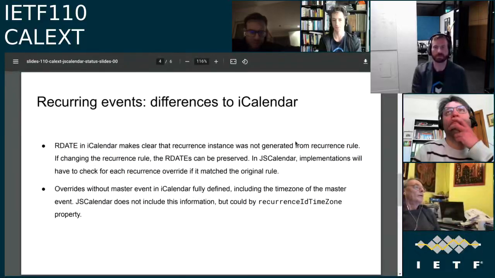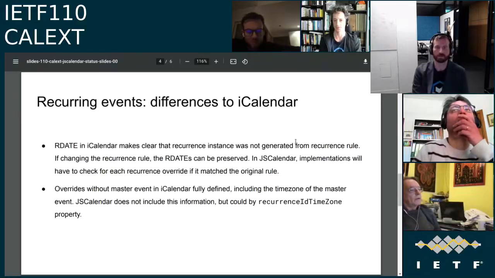So as for mapping between JS Calendar and iCalendar for attendees, we also found a few gaps for recurring events. One is with RDATEs, where in iCalendar it's clear that an RDATE is in addition to whatever the RRULEs are producing. In JS Calendar it is not. So this might come into play when changing the RRULE.